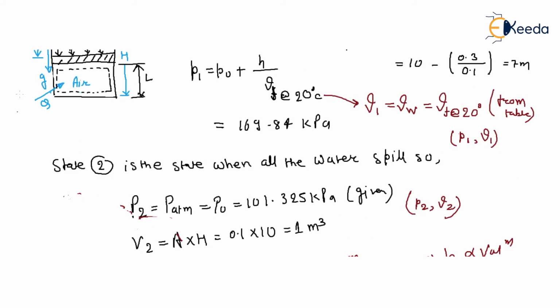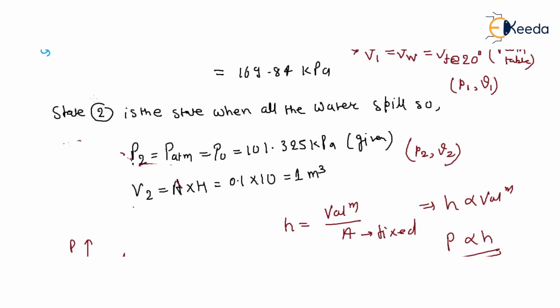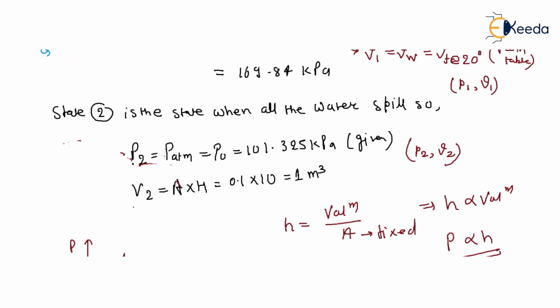See here, that means if you heat this much, this much work will be done by the system to remove all the water from the cylinder, and at that condition, what are the final properties? P2 and V2, right? Air will expand. So you can also calculate the temperature T2 at that point.